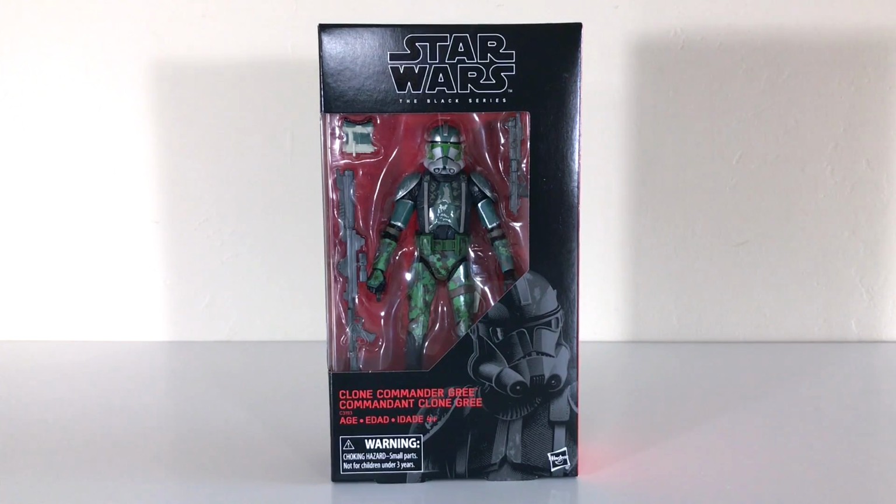Today we're having a look at the Hasbro Star Wars The Black Series 6-inch Clone Commander Gree Toys R Us exclusive action figure. I picked this up from toysrus.com and was pretty excited about it because, hey, it's a clone trooper, which I love, and it's Clone Commander Gree. It's actually a commander in the clone forces, so really cool to have another one of these guys in the